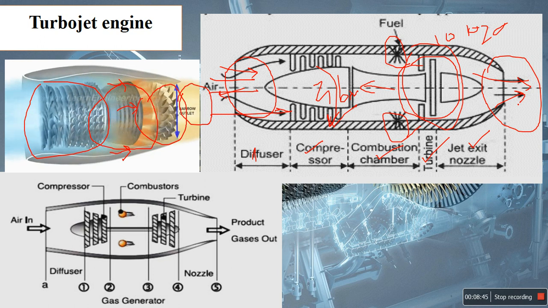In the case of a gas turbine, almost all the power is utilized and converted into rotary power. There is no need to produce thrust. The main purpose is to produce mechanical power, and in the case of a turbojet engine the main purpose is to produce thrust. So just 10 to 20% is rotary power utilized to run the compressor, because the compressor is the work absorbing device. Initially the compressor is run by a starting motor. Once the developed power starts, that motor is cut off, and the 80% thrust power is used to propel the aircraft or any applications.